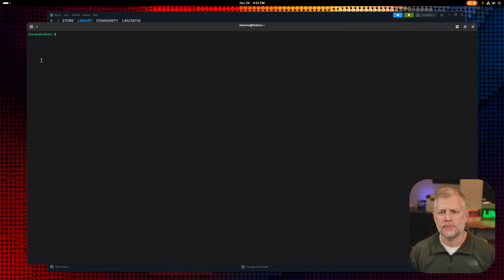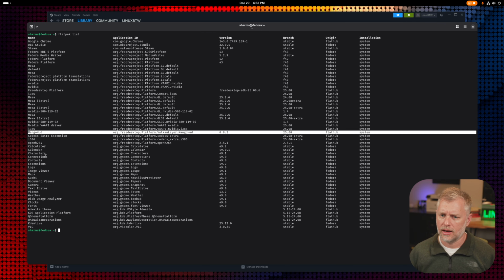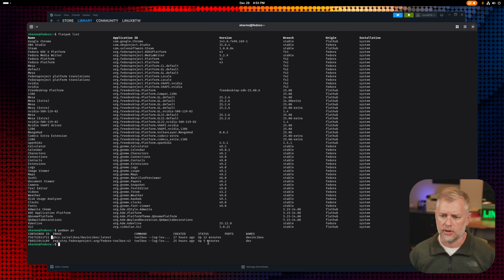And we basically have two different types of containers. So if I do a Flatpak list, what you'll see is I have all of these different things like that MangoHud I mentioned, and I have Steam and VLC and Kdenlive and some other stuff here. And then if I do a Podman PS, you can see that that's where my DaVinci runs. So that's not a Flatpak. So all of that's to say is that it keeps your system clean. It's much more secure to have these in the containers, etc. But it's also a lot to handle in terms of configuring this all and setting it up.